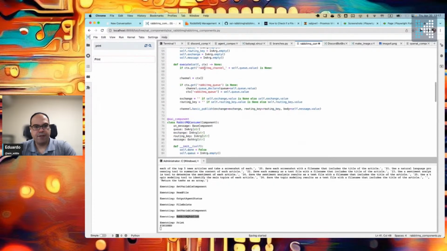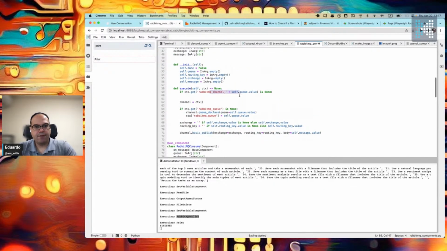Yeah. So if there's no channel for that queue, we will go context.rabbitMQ client